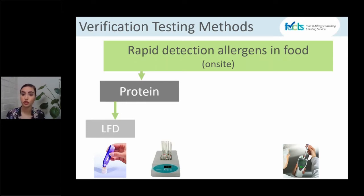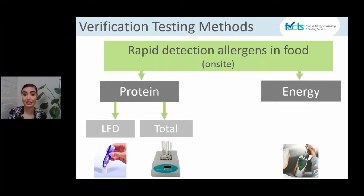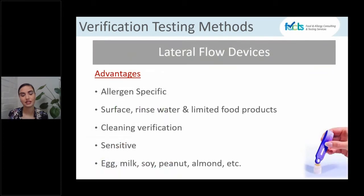But there are also total protein indicator systems available, and an example of that will be protein swabs. The other group is those that detect ATP, so this is the energy source of cells. And we're going to take a look at each of these kits to look at the pros and cons that each one has. So starting with lateral flow devices, these are qualitative or in some cases semi-quantitative immunochromatographic tests, and